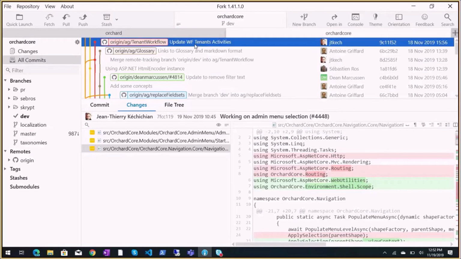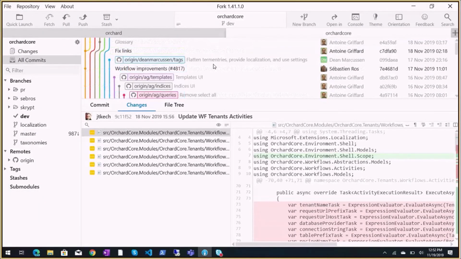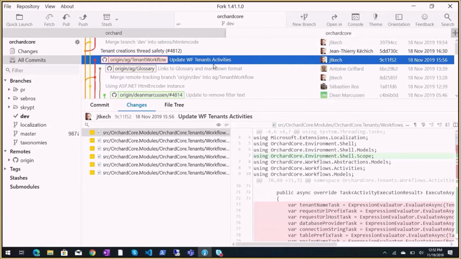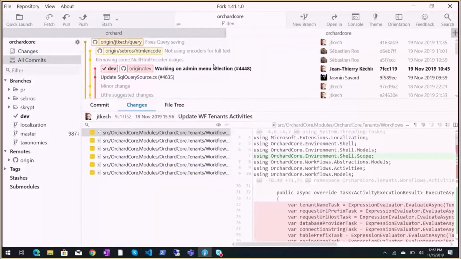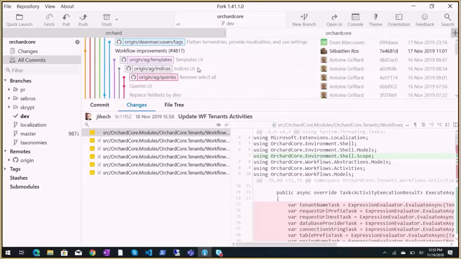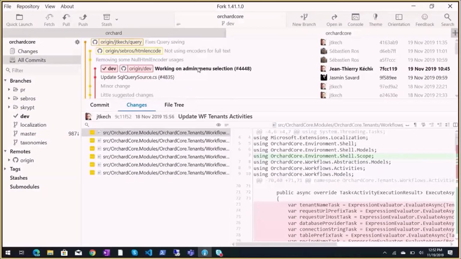And also Jean-Thierry updating Antoine's PR about tenant workflow activities. We'll see when it's done. Now we can even create tenants automatically every minute if we want. Awesome. Can do everything with workflows. Super useful. Or we can delete them. Well, I assume Antoine's goal is to be able to disable them after a week, right? That's exactly the scenario